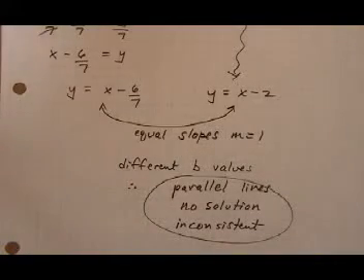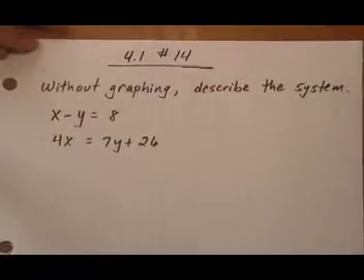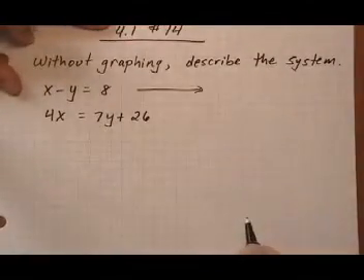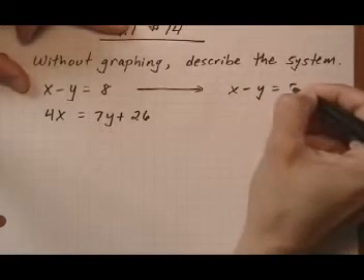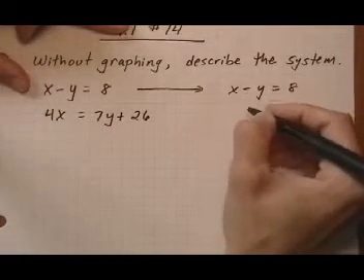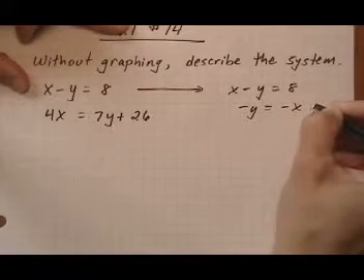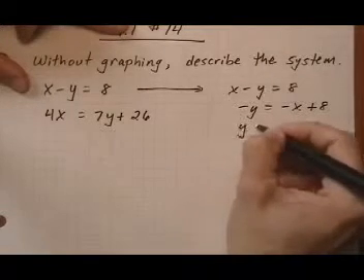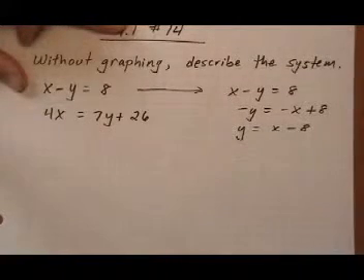And let's see if we can fit one more in here. Number 14. So again, let's solve into y equals mx plus b form because we want to describe our system. X take away y equals 8. Taking away x on both sides, we get minus y equals negative x plus 8. Multiplying each term by minus 1, y equals x take away 8. And the other one,